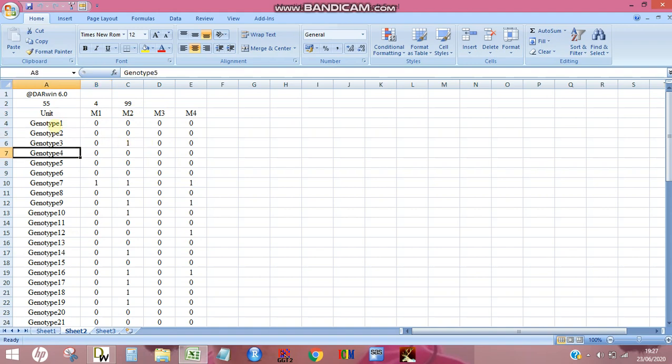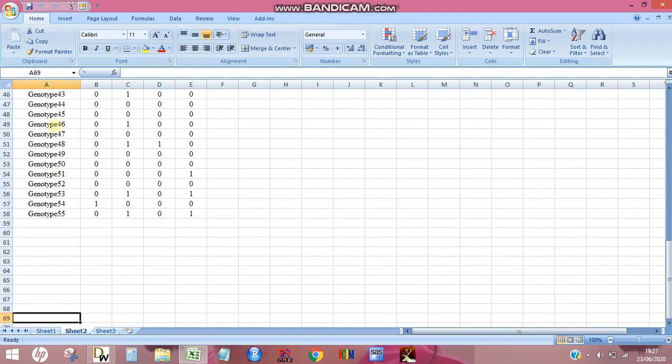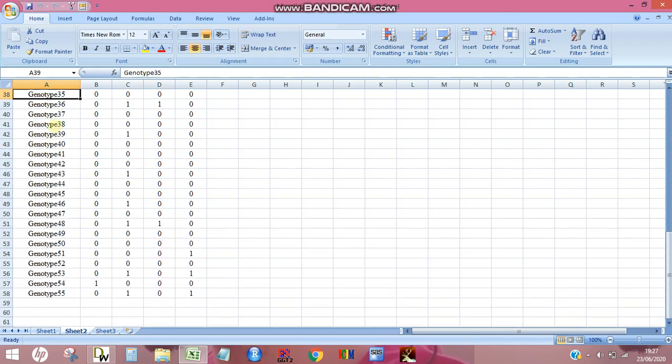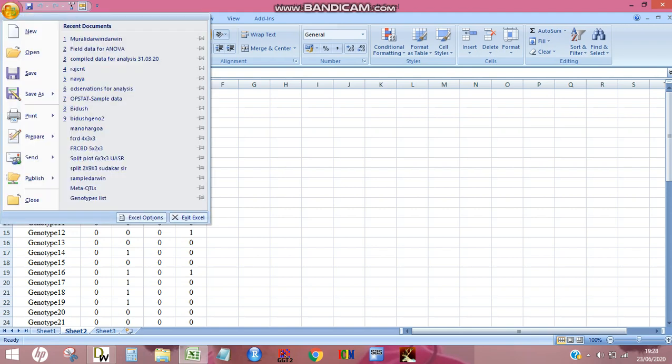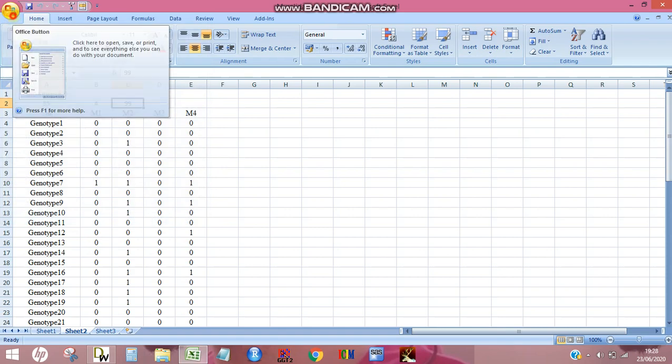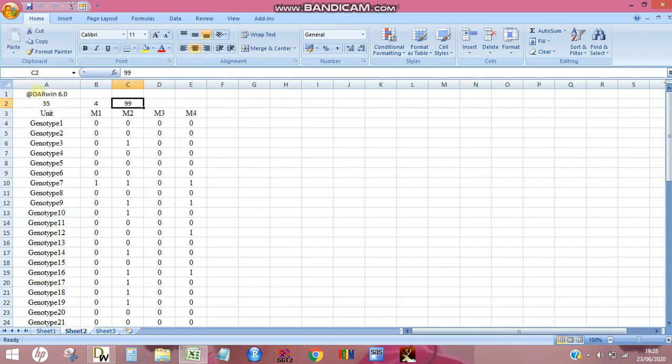Here you can see I have 55 genotypes and 4 markers or alleles. So that is what I have indicated here: 55 genotypes, 4 markers or alleles, and missing data code 999. Before analysis you have to save this in text tab delimited format.